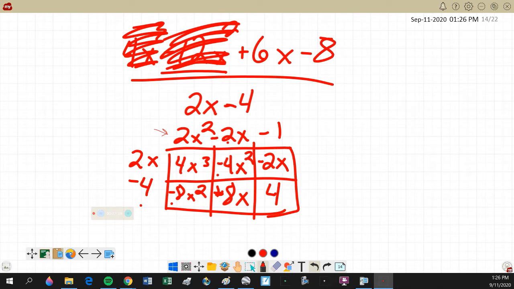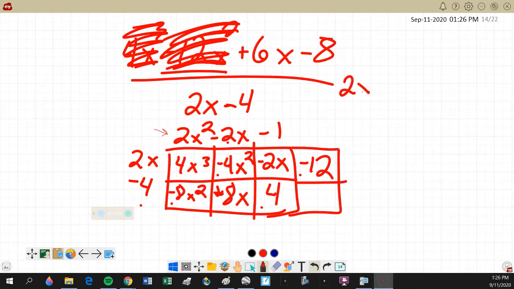No. There's a remainder. To create the remainder, I add a column. I have 4. I need negative 8. Negative 12. So either my answer is 2x squared minus 2x minus 1, remainder negative 12, or the other version